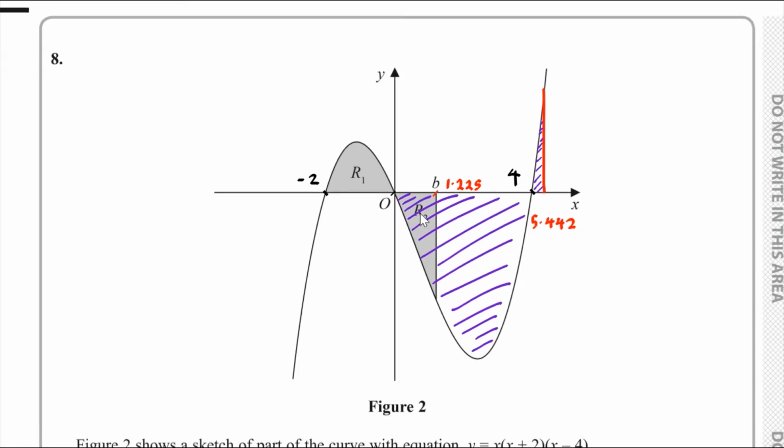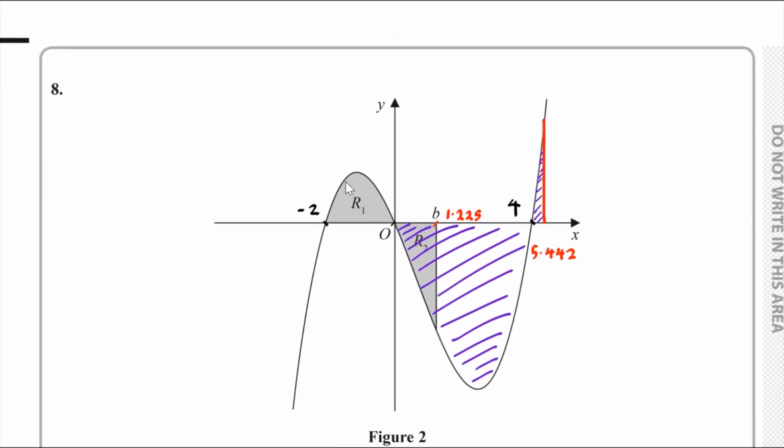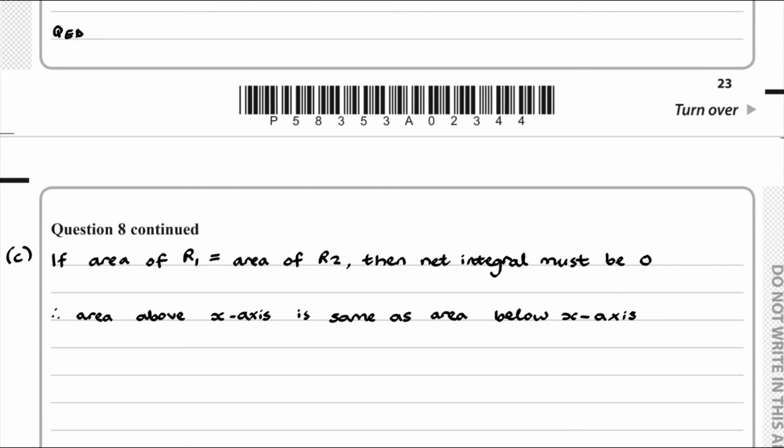In other words, the area above the x-axis is equal to the area below the x-axis. So let's just put that down into some sort of decent wording. If the area of R1 is equal to the area of R2, then the net integral must be 0. And therefore, because the net integral is 0, the area above the x-axis is the same as the area below